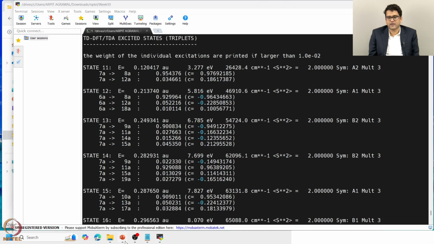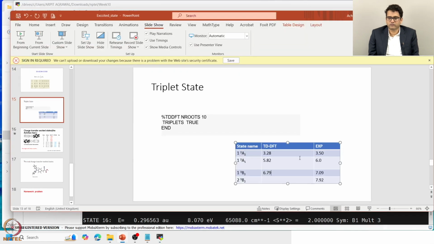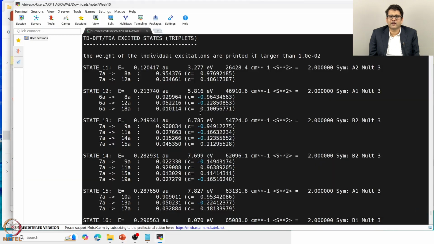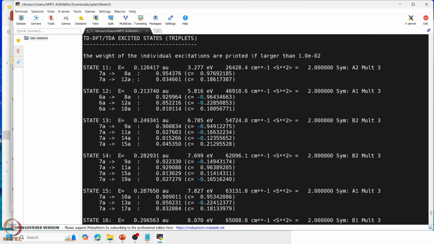And this is 7.7, the other B2 is 7.70. So the results are slightly underestimated in comparison to the experiment. Although this experimental value actually has a considerable range, if you go to the original experimental paper, you will see that they actually have a considerable range, and if you look at the nature of the transition, you can see